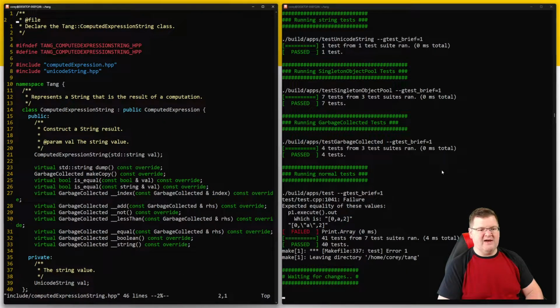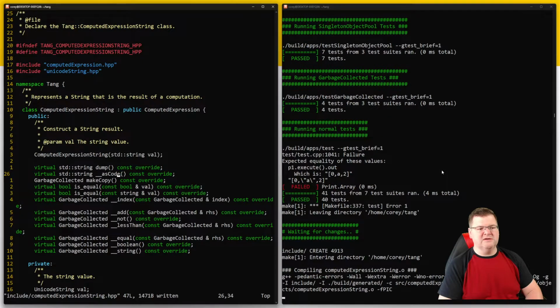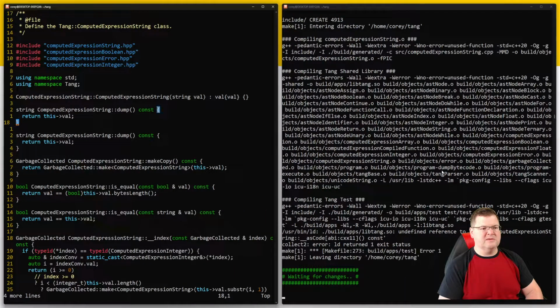And now I've got my dump, and I'm going to add an as code. And where's my dump? As code, and I'm going to do,